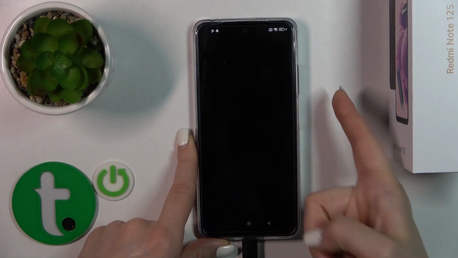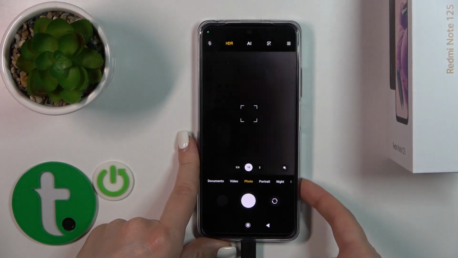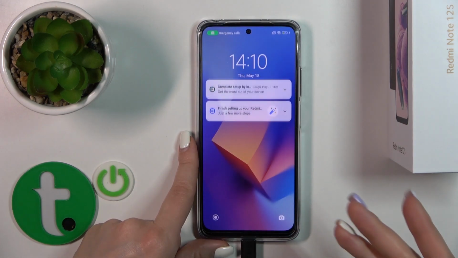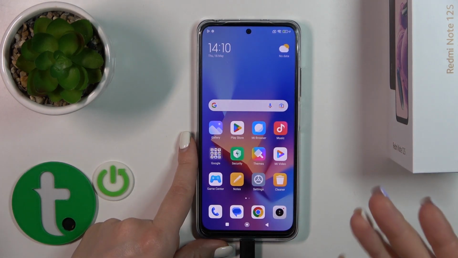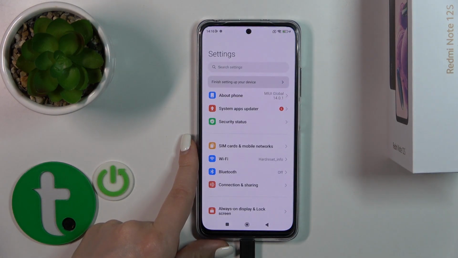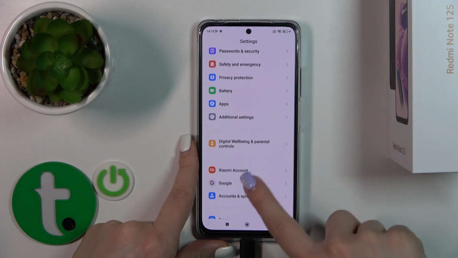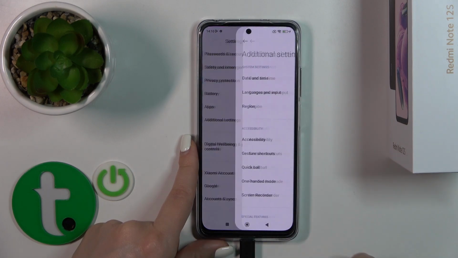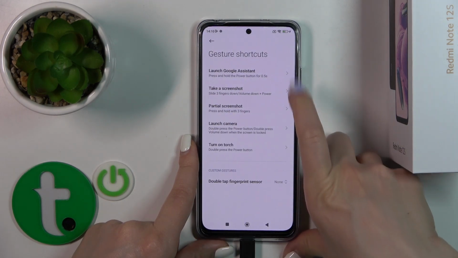So now by double pressing the power key button we could see that the camera application is activated. But if you want, for example, to change the option to use the torch by double pressing the power key button, you should first open the settings and then scroll down to additional settings, then tap gesture shortcuts, tap